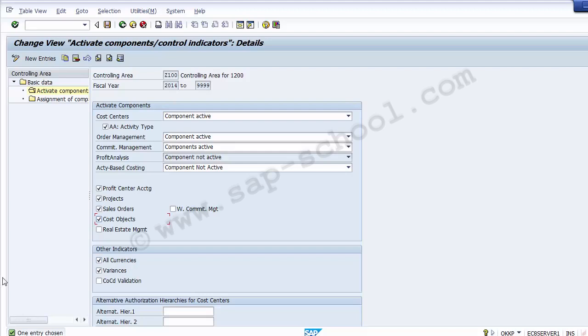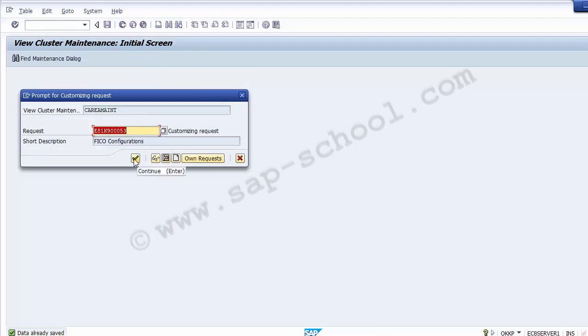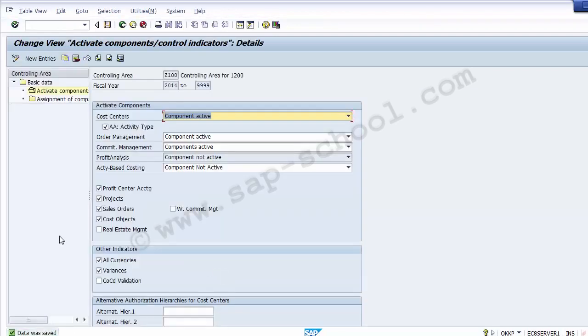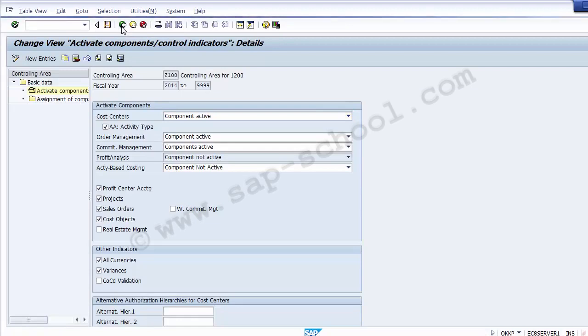Now we can move and we can save the screen. So once we save the screen, the configurations will be saved to the request. As you can see, it has been saved. Okay, so the data was saved, as you can see. So now moving back